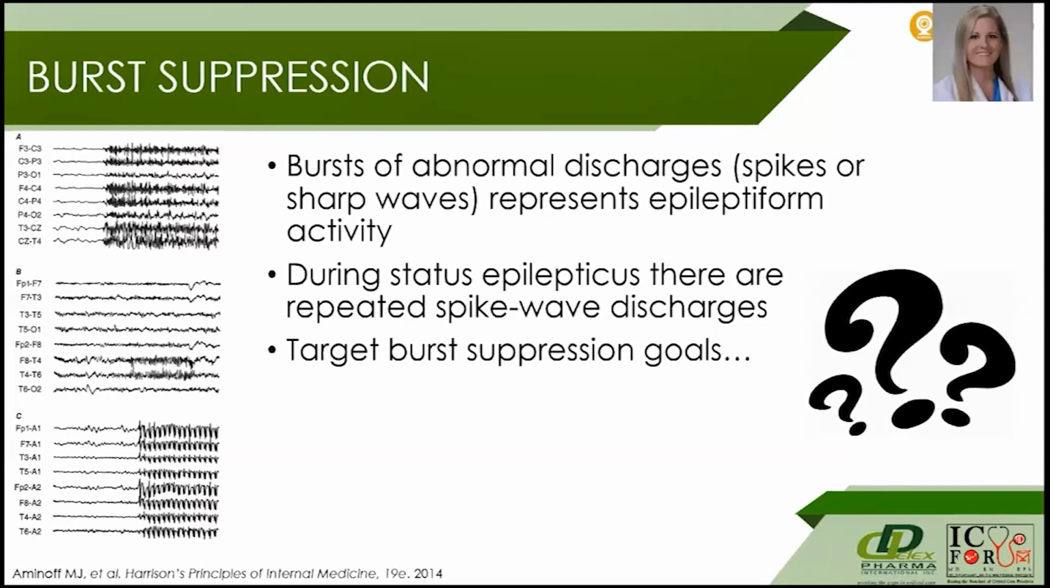Burst suppression is normally the goal. So bursts of abnormal discharges, spikes or sharp waves, represent epileptiform activity. During status epilepticus, there are repeated spike wave discharges. So now you say, well, what is the target burst suppression goal? Again, this is something you and the provider need to establish. There is not a hard and fast goal for burst suppression, but typically